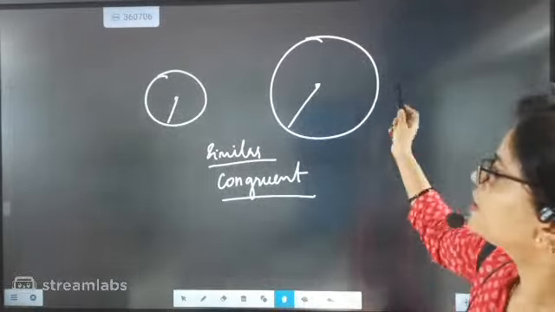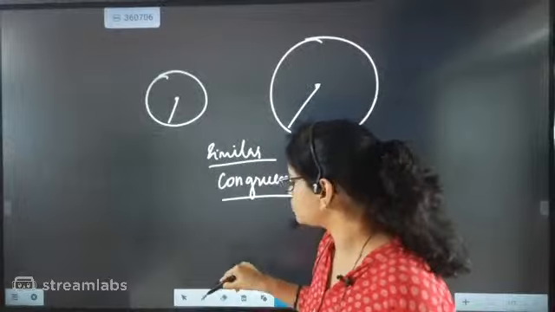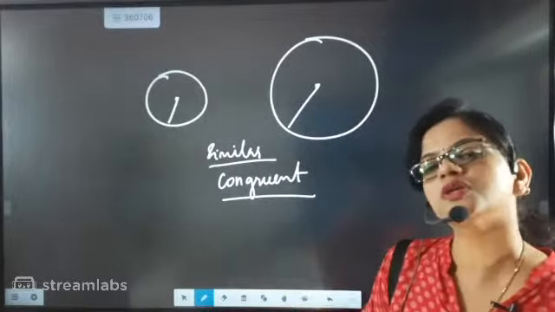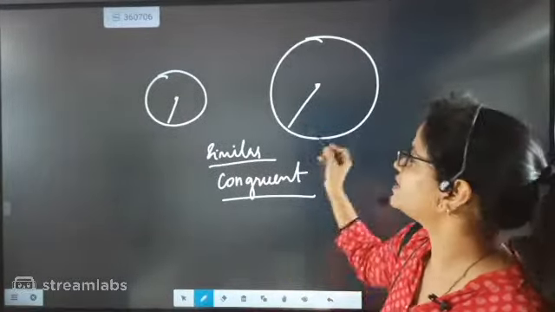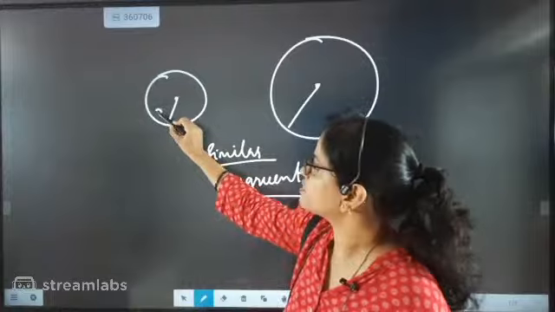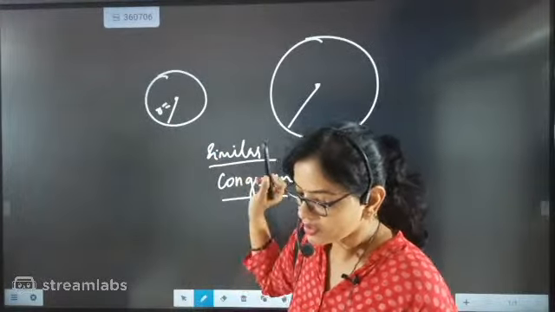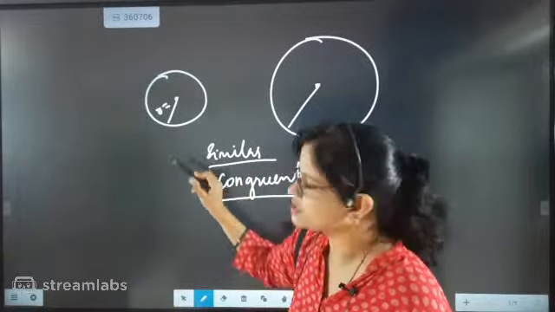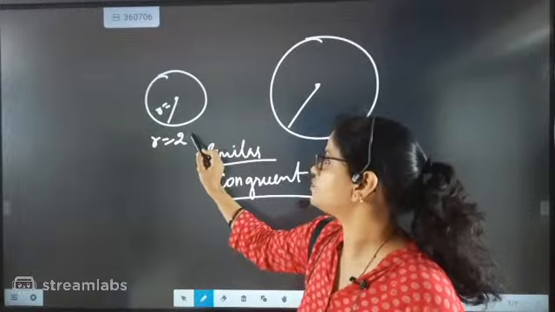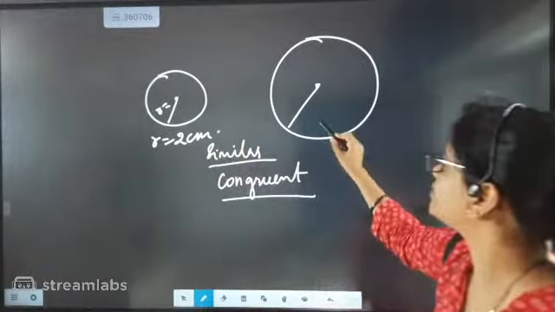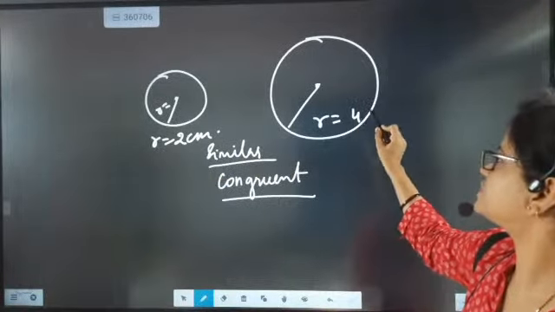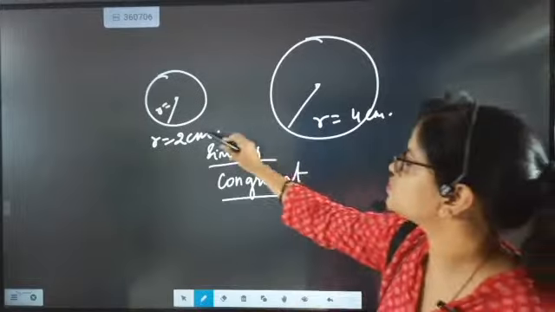Okay, now look here. So two circles are there. Now these two circles are exactly what? These two circles are exactly similar. Why are these two circles similar? Because they have exactly one thing common, that is the radius. So the radius will be different. If this circle's radius is 2 cm and this circle's radius is 4 cm, that means these two circles will